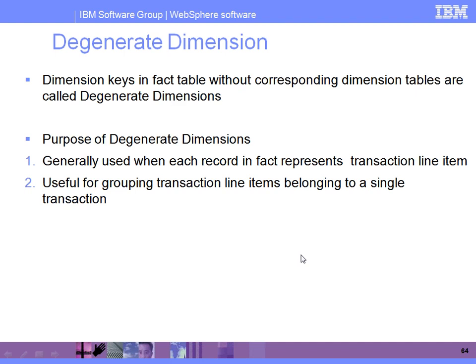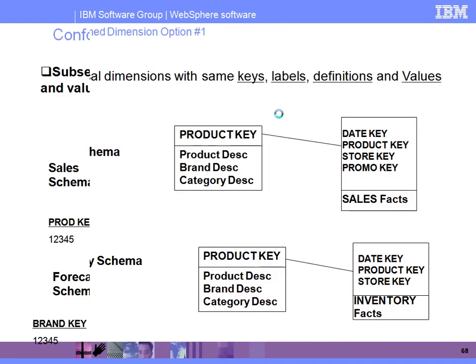I'll send you materials with all these theoretical definitions and this PPT also. While you are reading, you can go through that again, along with some other examples as well. But when we are discussing a project, we can discuss clearly with project examples how to use the degenerate dimension table, conformed dimension table, junk, and slowly changing dimensions like that. This is about the dimension tables which we are generally going to use in our projects.